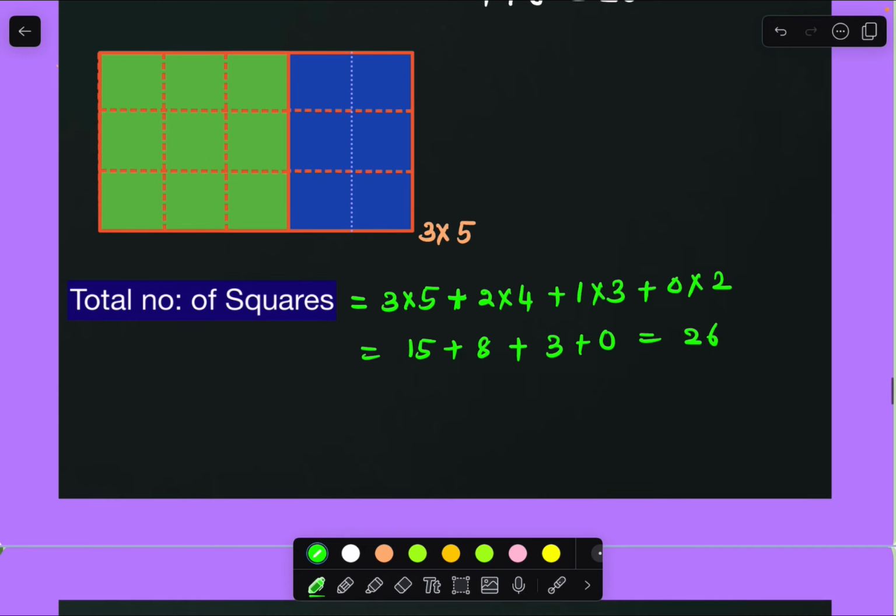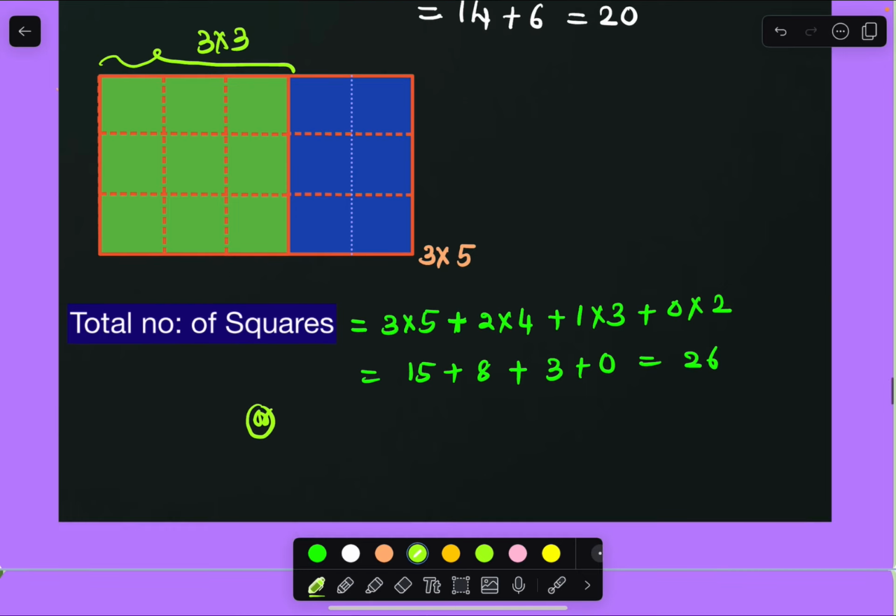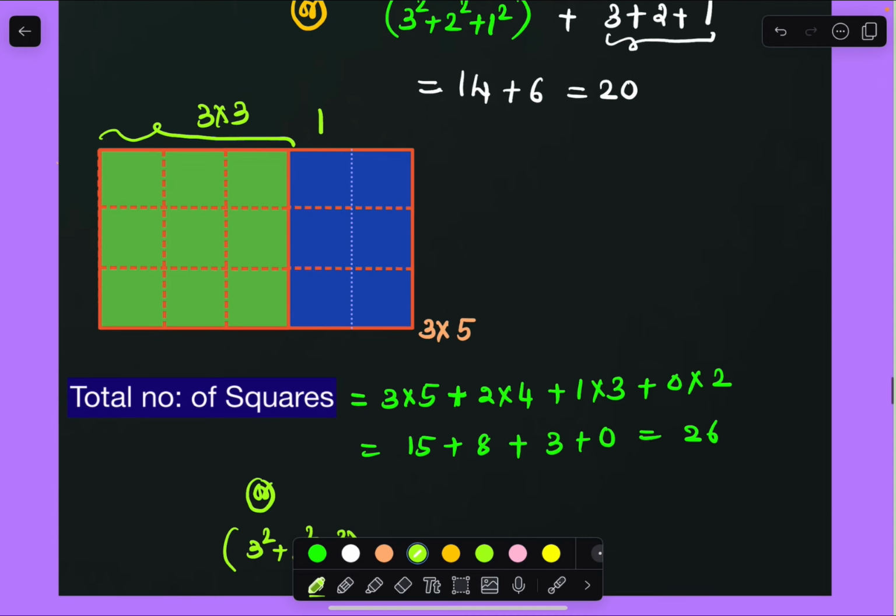I am finding 1 by 1 unit size squares. After that I am decreasing the bases continuously in that multiplication. Alternately, we'll see how many maximum square grids we can make here. A 3 by 3 size square grid I can make. And the total number of squares in this grid equals how much? We'll get 3 square plus 2 square plus 1 square. By using this additional column, how many columns did we add here? So it is the first column, and this is one more column, right? Two columns are added here.